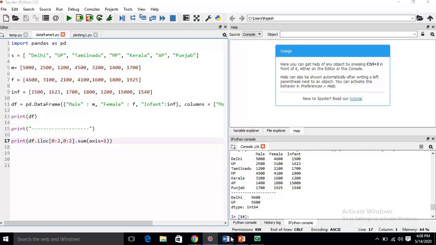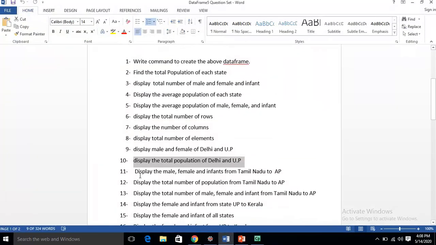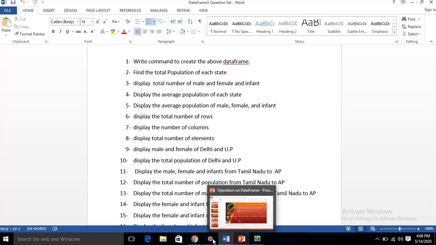Now let's move to the next question. Display male female infants from Tamil Nadu to AP. Here we have to display male female and infants from Tamil Nadu to AP. Let you see what I am going to do here.